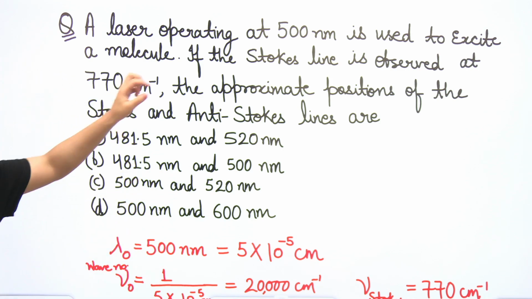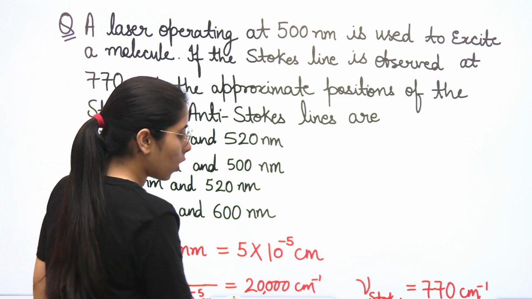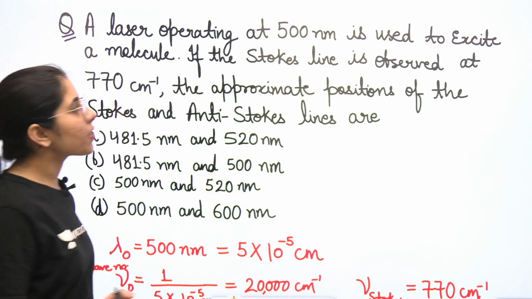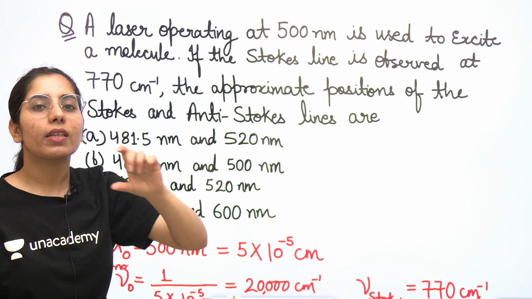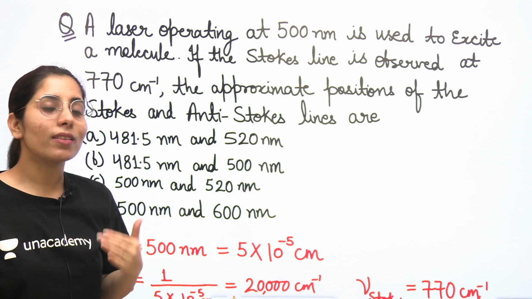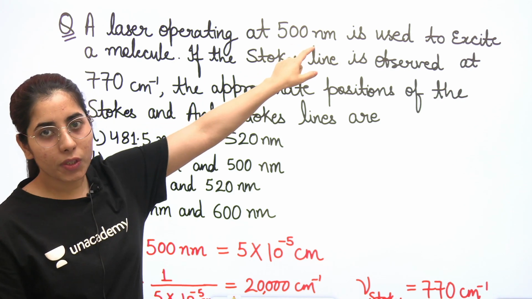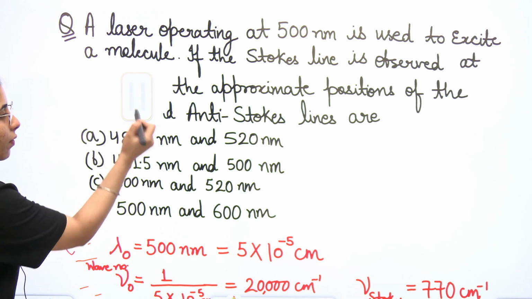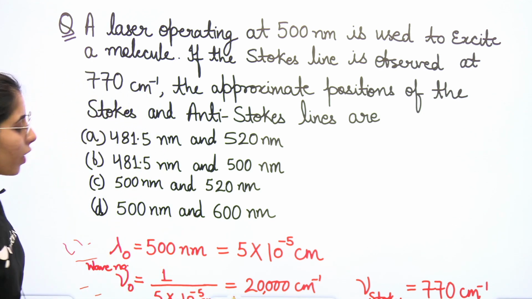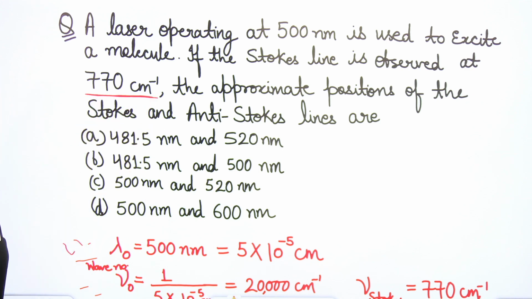Now with the help of the units mentioned here, you can get an idea of what exactly each value is. For example, nanometers: what is this value? It is representing the wavelength lambda. That is just an idea we can get easily by observing the units. Next point: here they have given the centimeter inverse unit. What will it be? It will be the wave number.